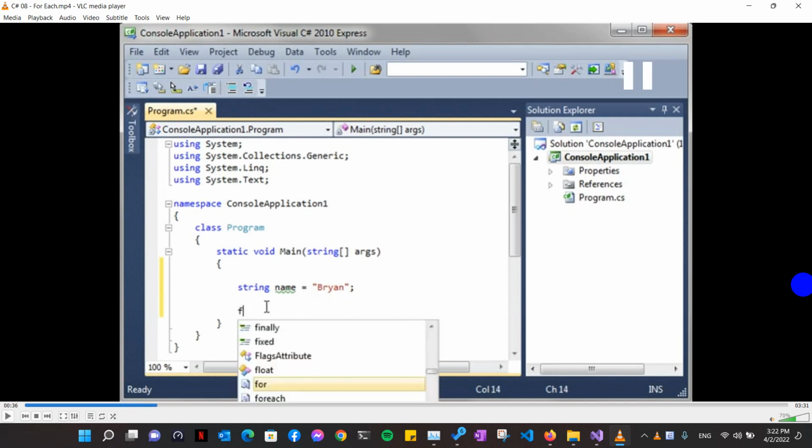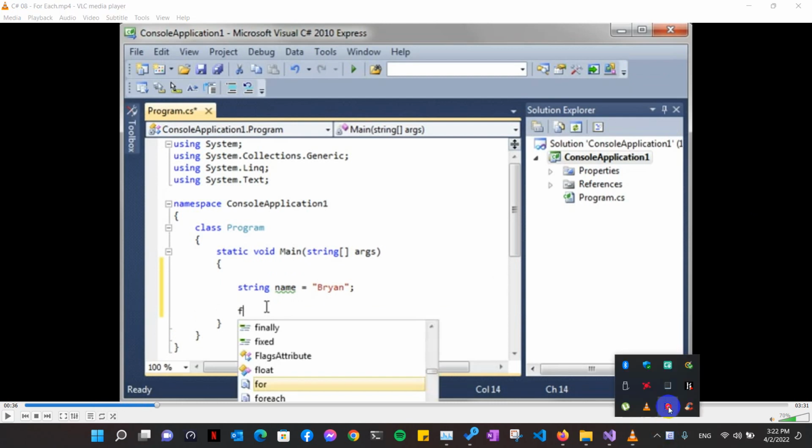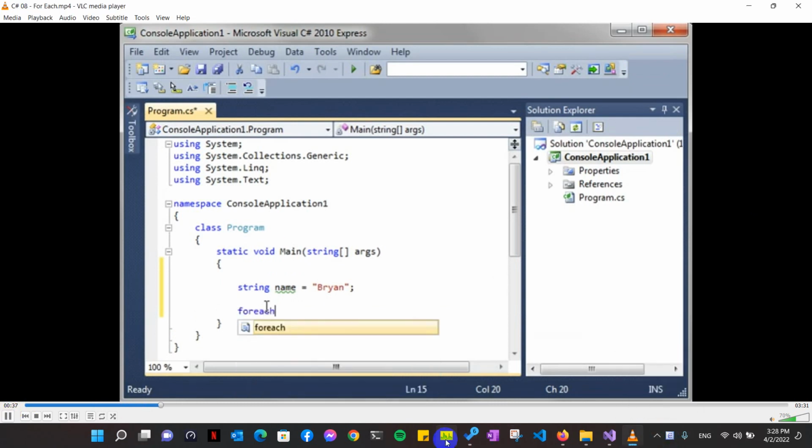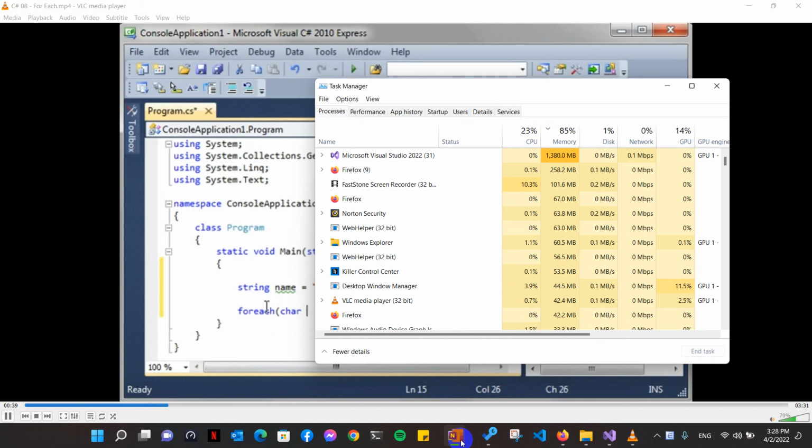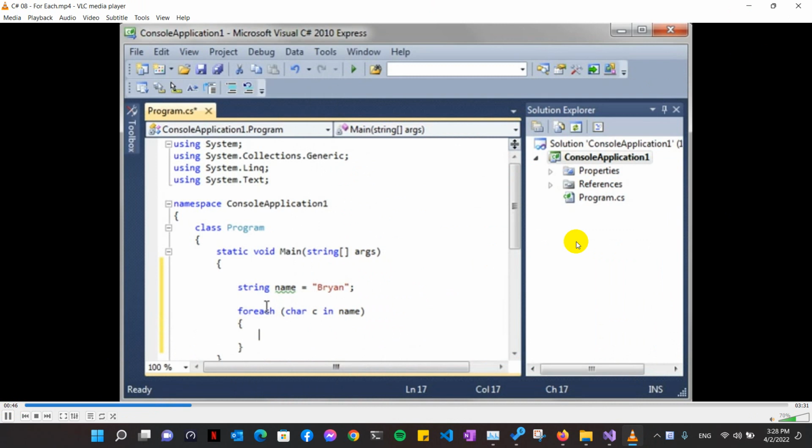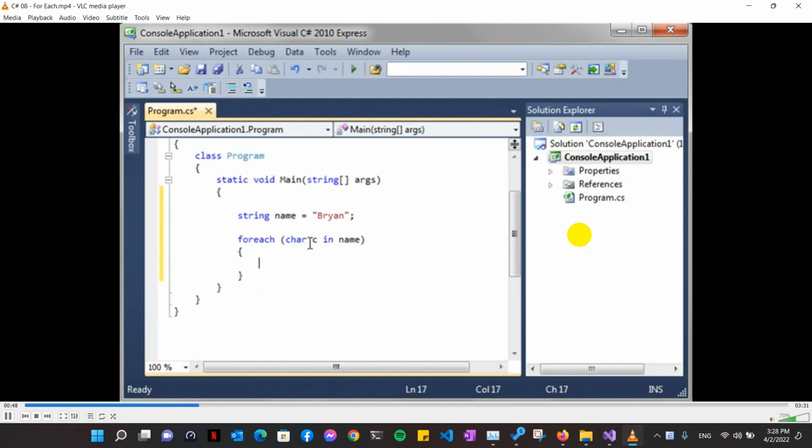Now what we're going to do is foreach char c in name. So what we're simply doing is saying for each character, remember character is a type, in name. Name is a string. A string is a series of characters. Each one of these letters is a character. Then we're just going to do